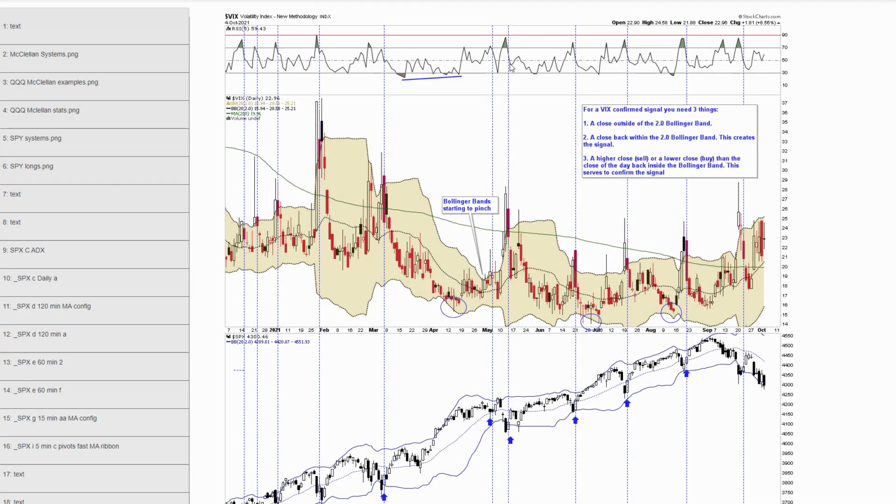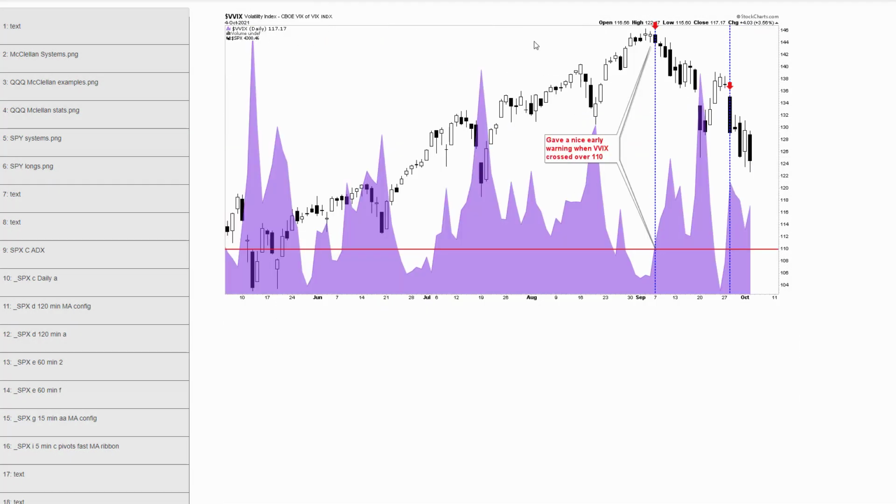Next, chart number 36, here's the VVIX. Just want to show how this has been a pretty damn good indicator. Whenever it goes above 110, that gives you early warning to get out of the market, which occurred back here, just a couple bars off the highs. It fell back below 110 here a couple weeks ago. Then it went back above 110. Even on this big down day, even if you got out there, it was still a pretty good signal.